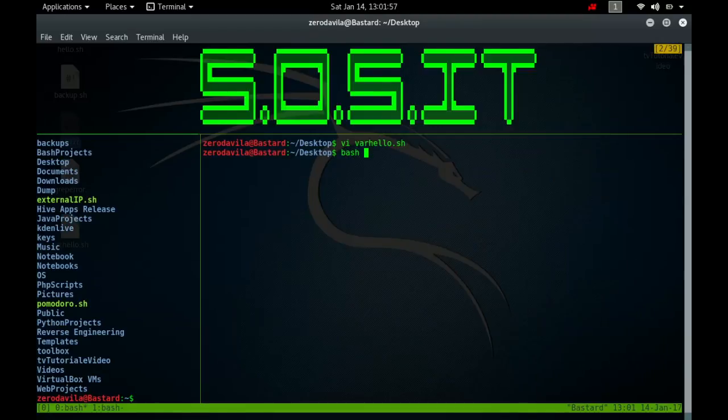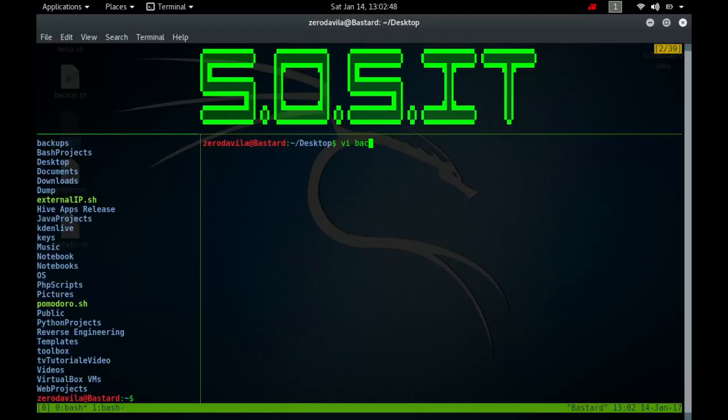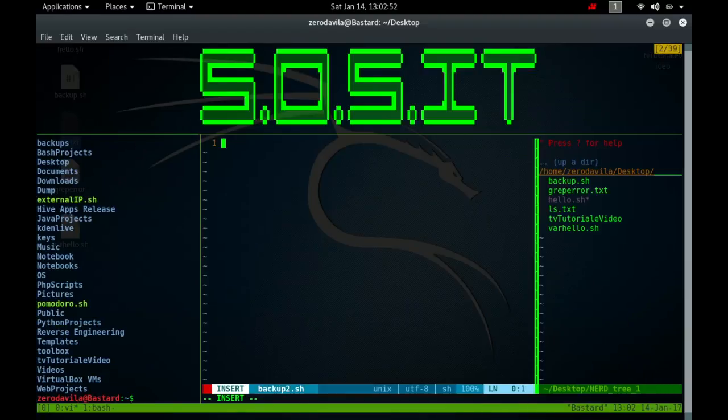So now we execute the script, and we can see hello world being printed. Now let's close up this video with a better backup script using variables. So let's write backup